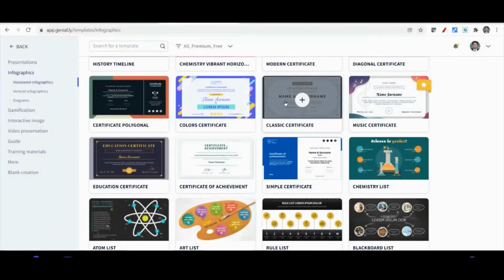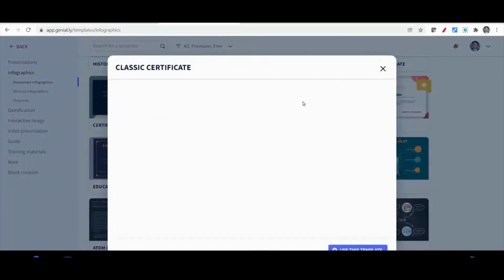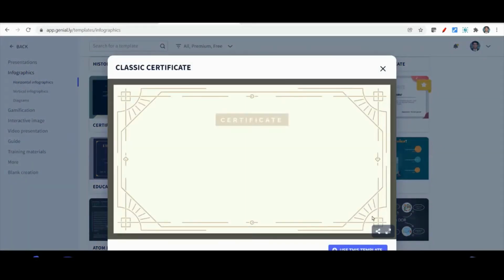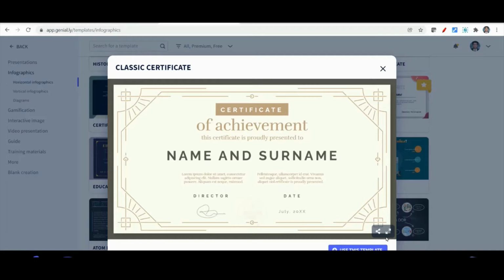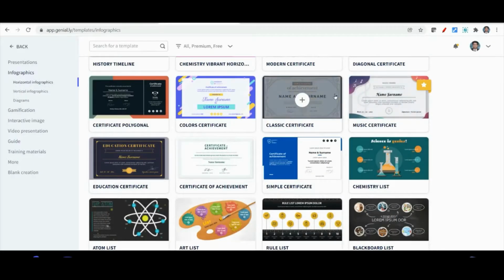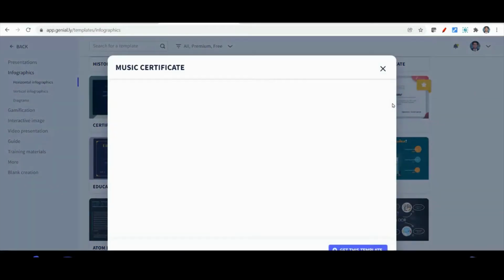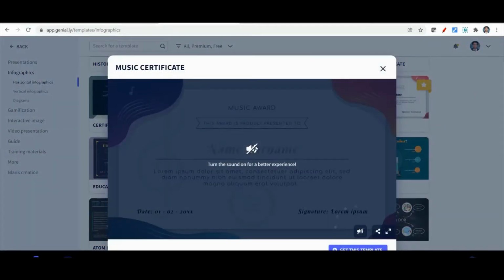You can also have a preview of this certificate. This is a classic certificate. It's an animated classic certificate, and you can see the music certificate.